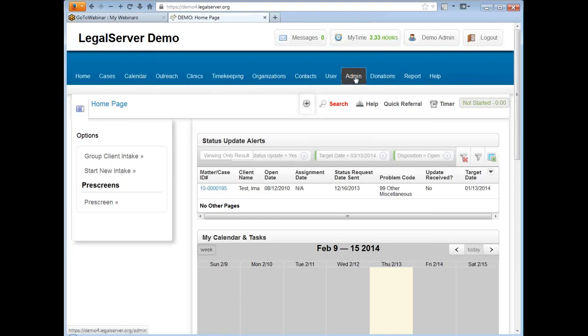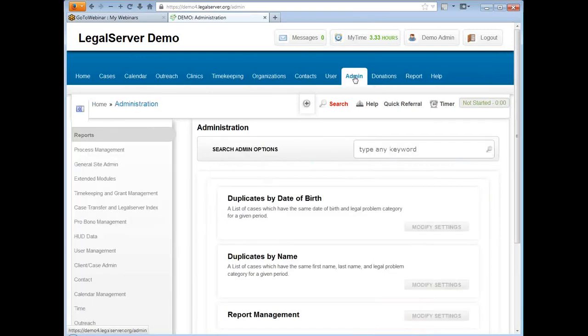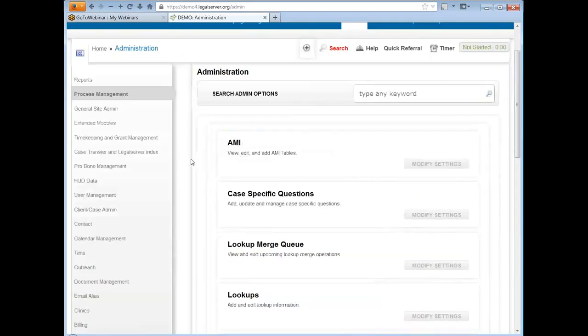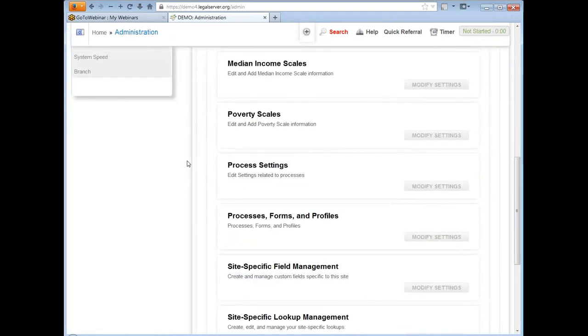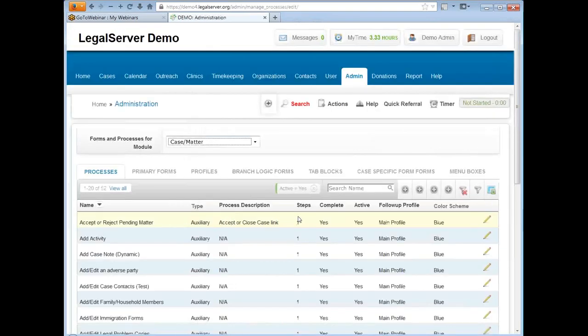As the help page explains, you work with your profiles over in the admin section and on the processes, forms, and profiles page, where if you've done any kind of process management, editing your intake forms or anything like that, you're going to be familiar with where this page is. So this page is where you can do all of your process management, or I should say most of your